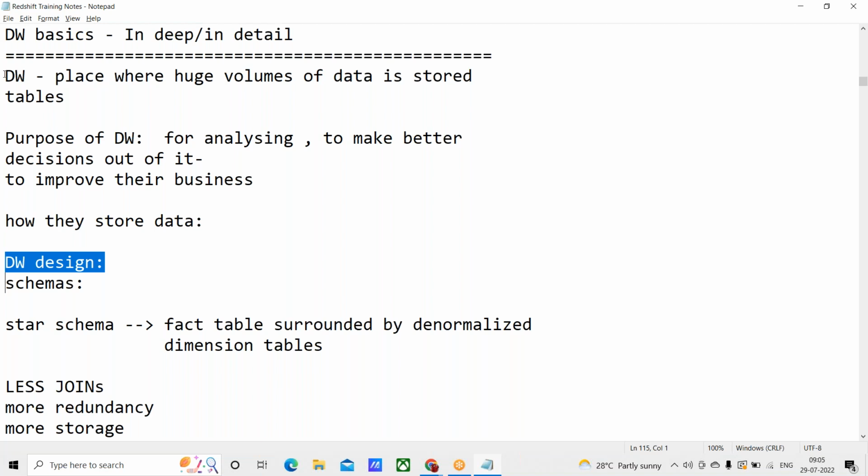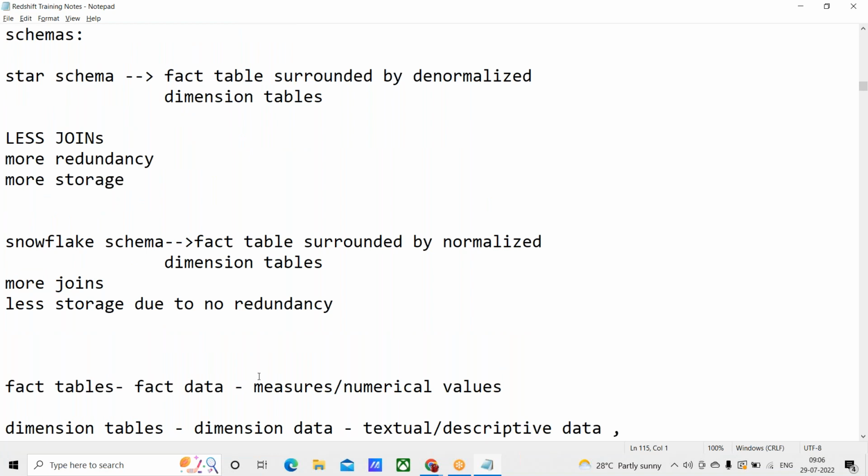Yesterday we also saw what a fact table and a dimension table are. Fact table means all the numerical values or measures. Numerical data is called fact data, and those tables are called fact tables. And dimension tables mean